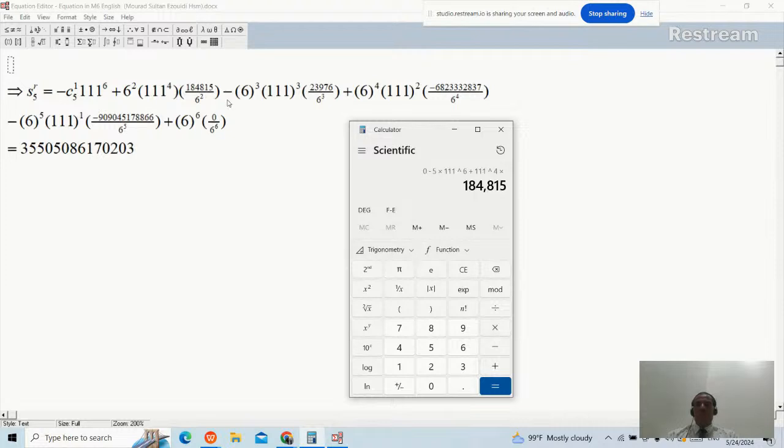Then you see this negative sign: minus 6 cubed times 111 cubed times 23,976 over 6 cubed. This and that will be cancelled out, so I'll just write minus 111 cubed times